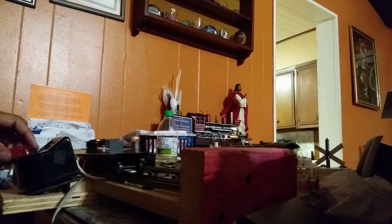I think that's a much brighter bulb. Yeah, it's not real bright, but it's brighter than the other one was. And so, this engine does not have a reverse unit. I don't think very many of these Alcos did. These were